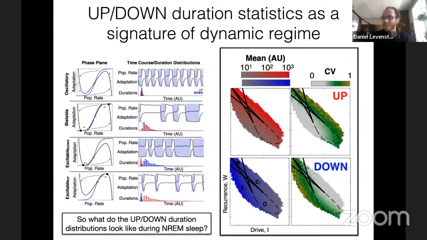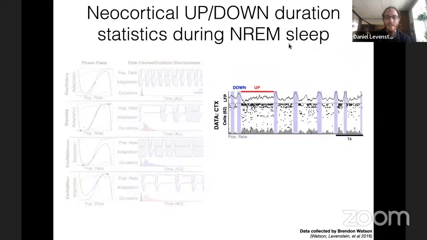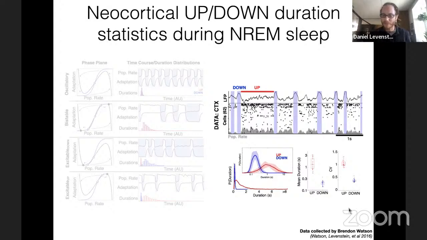Okay, so what do we actually see when we look at the data from our naturally sleeping rats? So here's the 6 seconds of data that I showed you before, and the thing that should immediately jump out to you is that the down states are, as a rule, very short compared to the up states and all about the same duration. And this should remind you immediately of one of the excitable regimes that I showed you before. And when we quantify this over the data set, we see that this basically holds over all the recordings, right? So the up states are long, they all have a CV of about 1, while the down states are all short and have a CV of around 0.3.